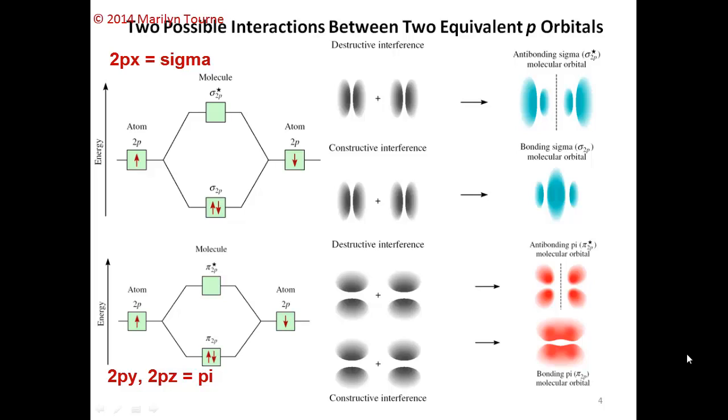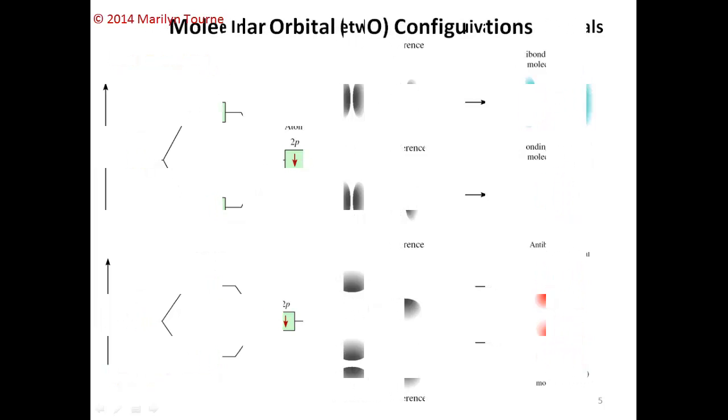So I want to show you how to do molecular orbital configurations before we go into more complex energy level diagrams. These MO configurations are exactly the same as electron configurations that we learned before. We're just doing them with these different symbols that you're learning now, the sigma and the pi. Before we go into molecular orbital configurations, I wanted to go over some really quick rules that you need to actually do them correctly. To understand the properties of molecules, we must know how electrons are distributed among the molecular orbitals. The procedure for determining the electron configuration of a molecule is exactly the same thing, we're just using different